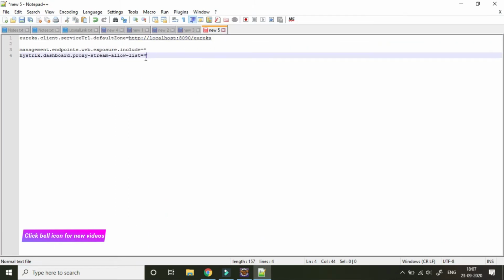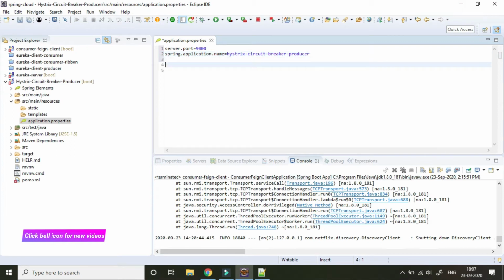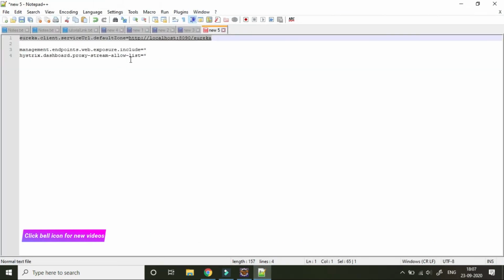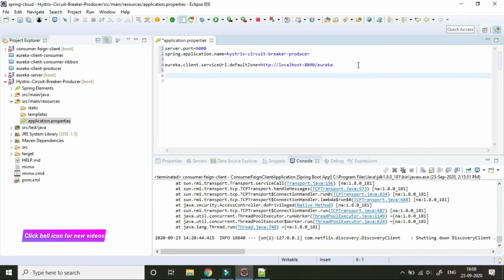And we also have to add this one, because it is required to register this Hystrix circuit breaker producer application as a Eureka client into the Eureka server. And we also need these two. So this one is for the actuator.